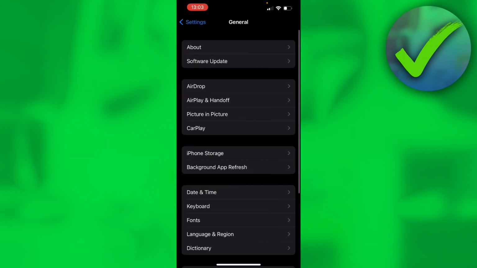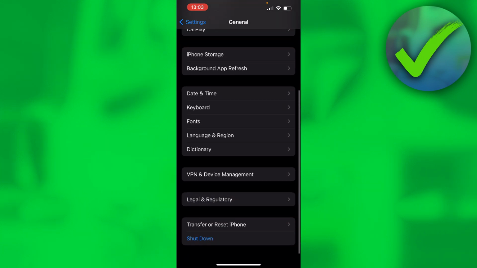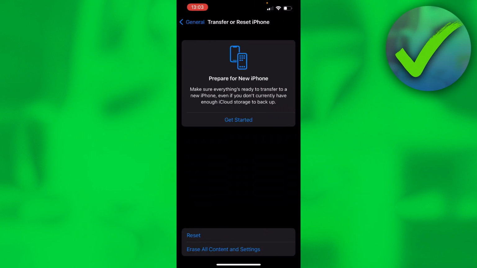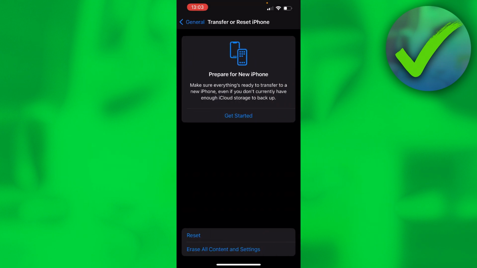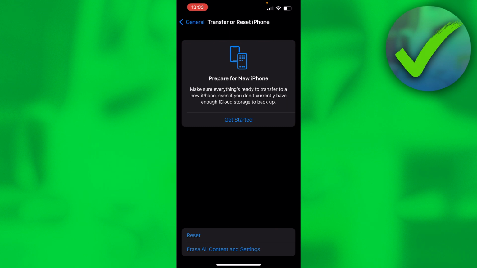And once you're here in the general settings, you want to scroll all the way down, and here we can see transfer or reset iPhone. If you click on there, this will pop up. So it says, prepare for new iPhone. Make sure everything is ready to transfer to a new iPhone, even if you don't currently have enough iCloud storage